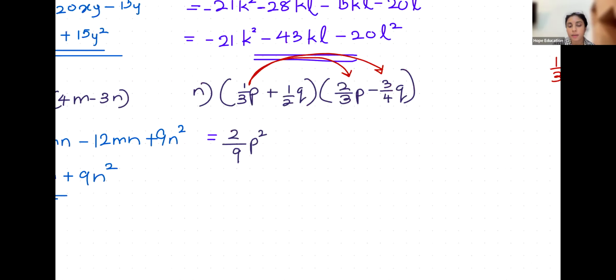Minus pq over 4. Or minus 1 over 4pq. So same thing, no? 1 over 4pq or pq divided by 4, it's the same thing. Okay. Then